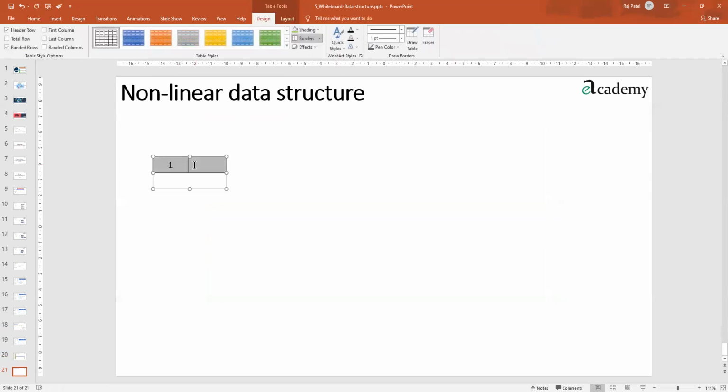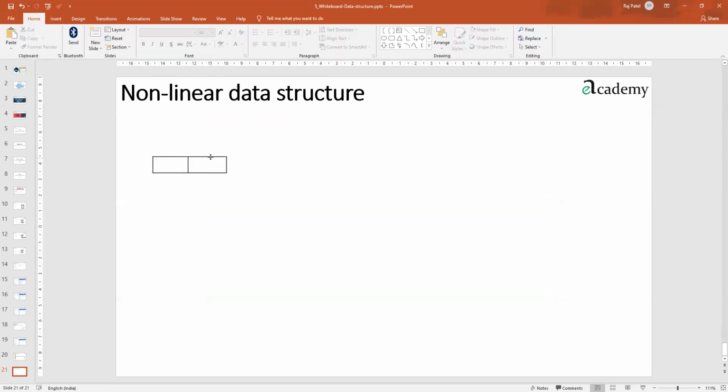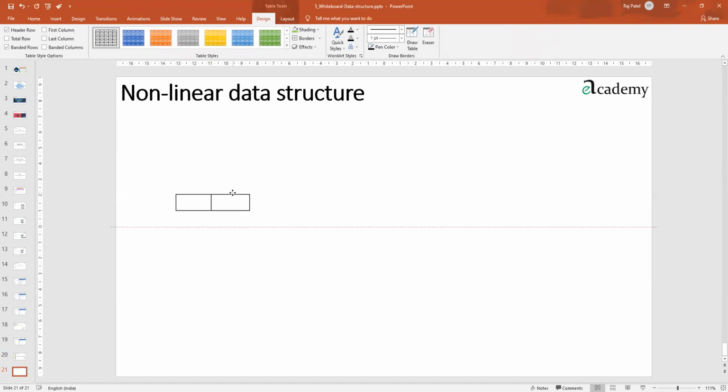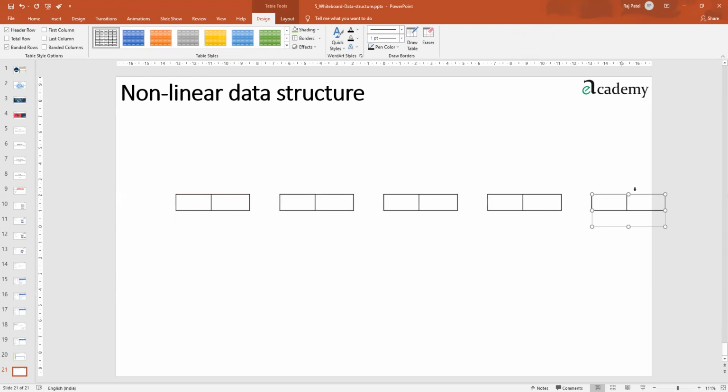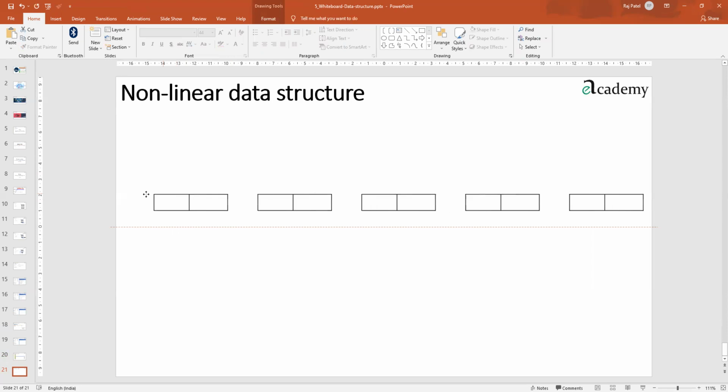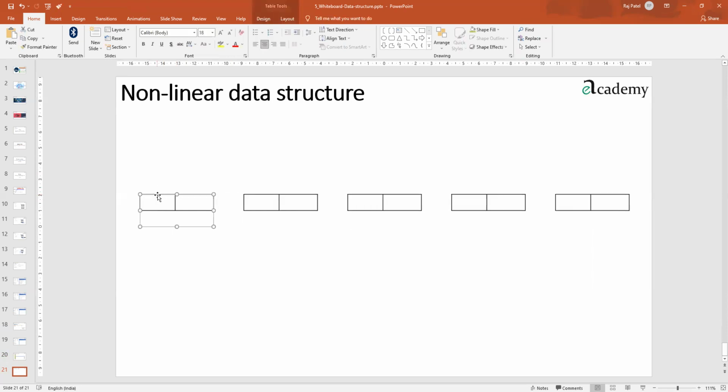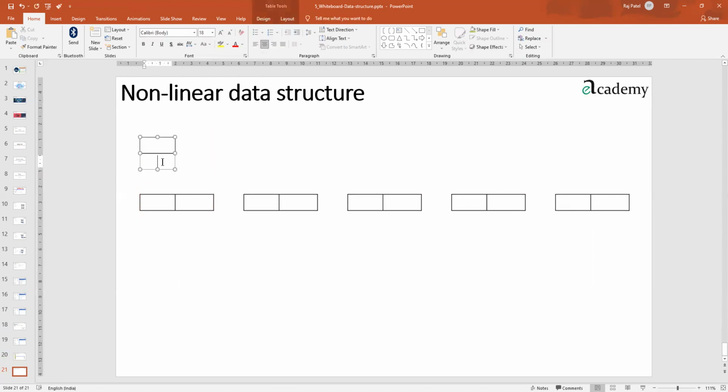In the non-linear data structure, there are many such boxes, and there is one more box also. This box is known as the start box, or it has the starting position of the non-linear data structure. If there is a non-linear data structure, then at least you should know the start and the end. So the starting of this non-linear structure is something which he will be writing over here.